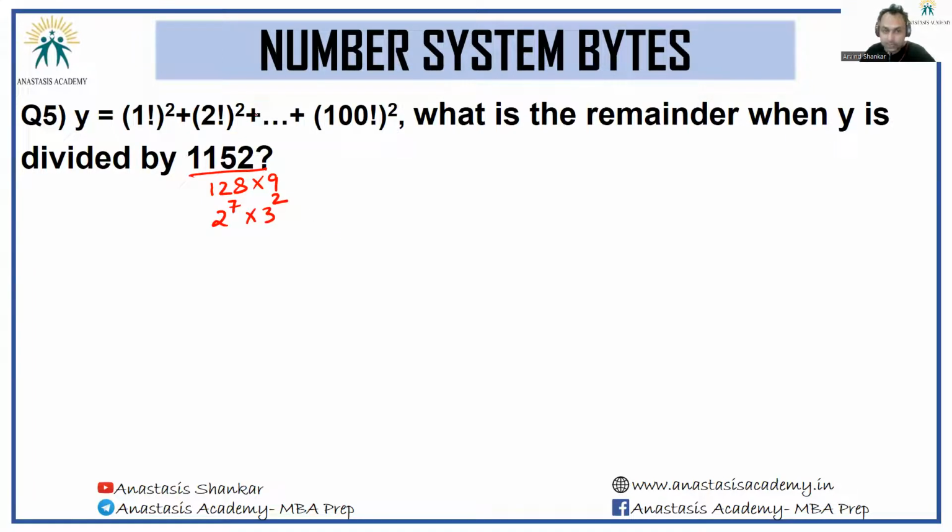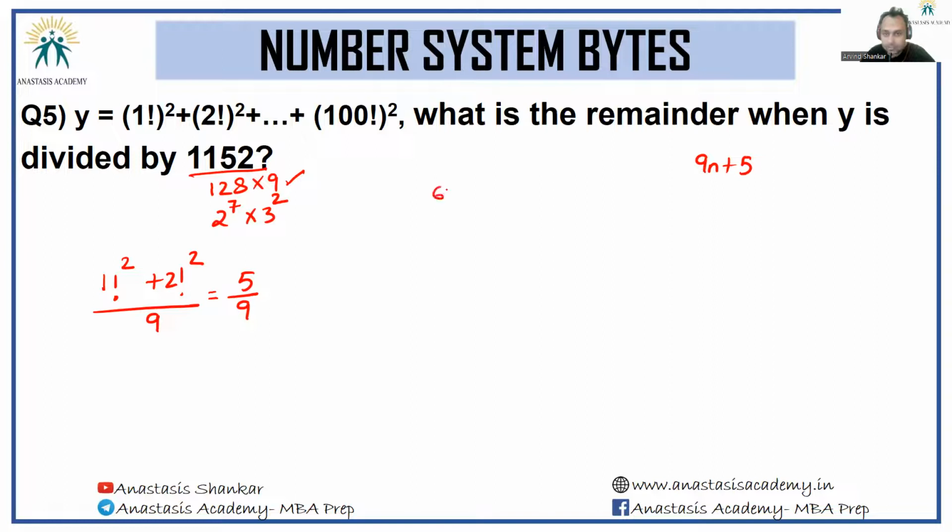Can you see for 3 square, remainder with 9, 3 factorial onwards, every 3 factorial square onwards, everything would be divisible by 9. So if I only want remainder with 9, I need 1 factorial square plus 2 factorial square, whole thing divided by 9, which gives me 5 by 9. Remainder with 9 is identified. It is 5. Now when I need remainder with 128,